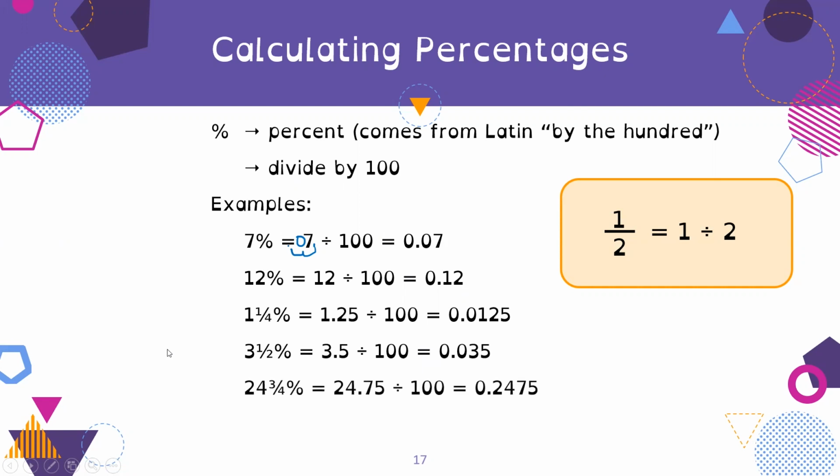24.75% is equal to 24.75 divided by 100, which is equal to 0.2475. And 19.83% is equal to 19.83 divided by 100, which is equal to 0.1983. So it really takes some practice to get comfortable with it, but it's totally fine to use a calculator every time if you need to. Just be careful and be paying attention.